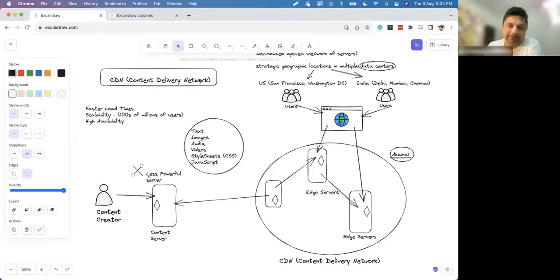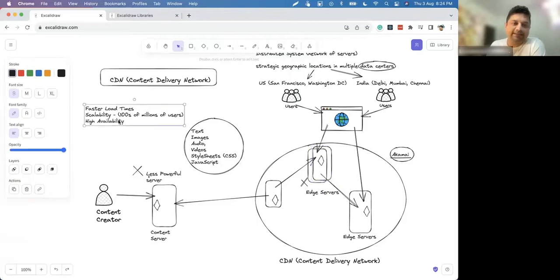Also in CDN, even if these servers fail, the company hosting them takes care of backup, redundancy, reliability, etc. They will use multiple clusters of servers and have a lot of backup servers, so that in case some server crashes, you never see the impact of the crash in the performance of your content delivery. Definitely load balancing is there.